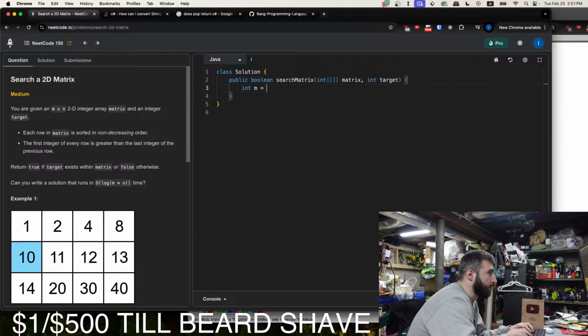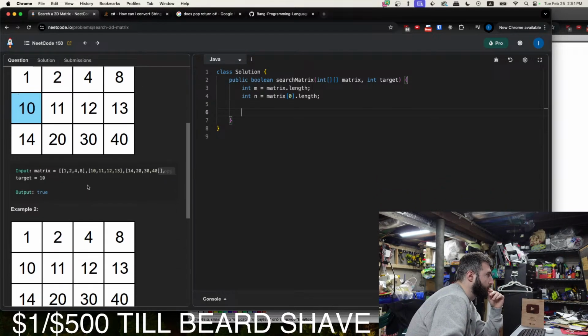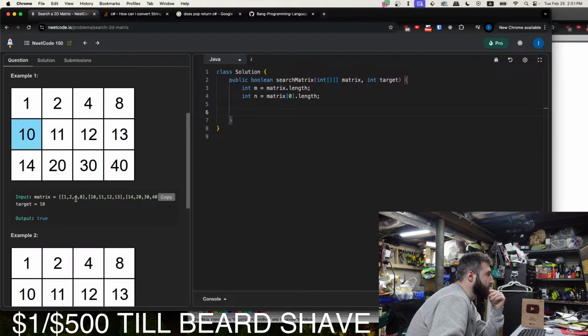So int m equals matrix dot length. Int n equals matrix 0 dot length. 1, 2, 4, 8.